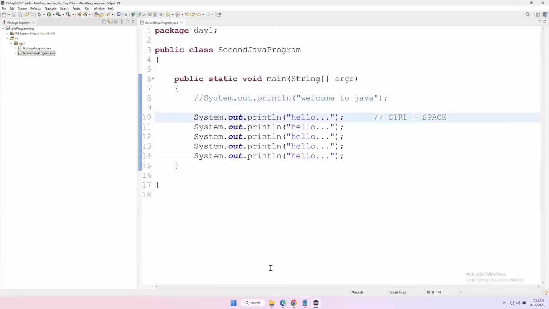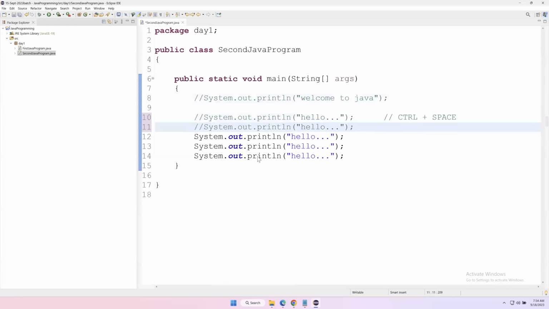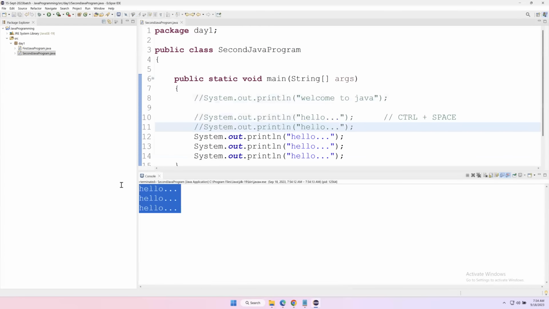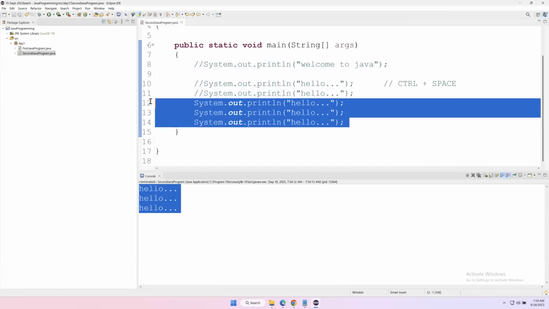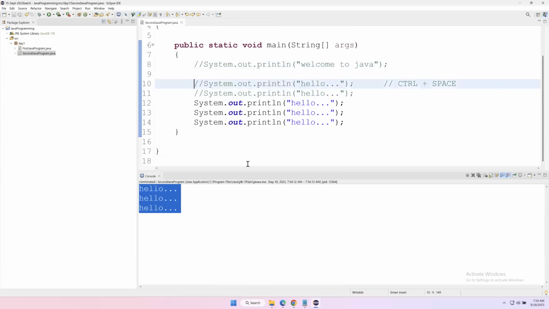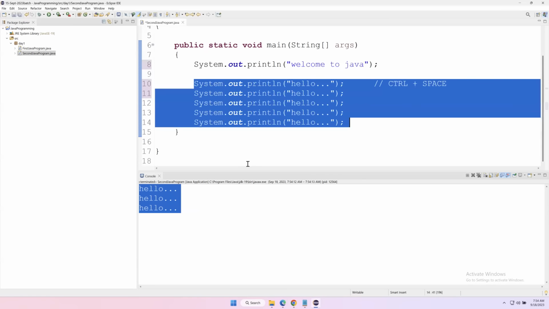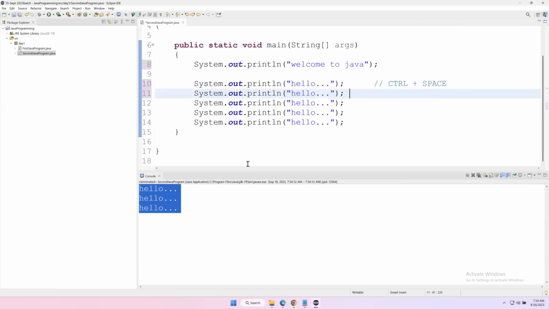So for example, these 2 statements I also don't want to execute. Just put them as comments. So when you run it, you will get only 3 statements. Only these 3 got executed. Okay. And suppose I want to comment everything except the first statement. In this case, what you can do is,